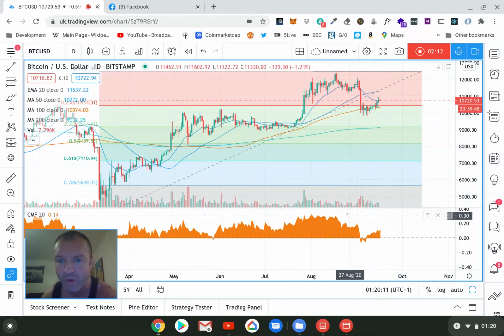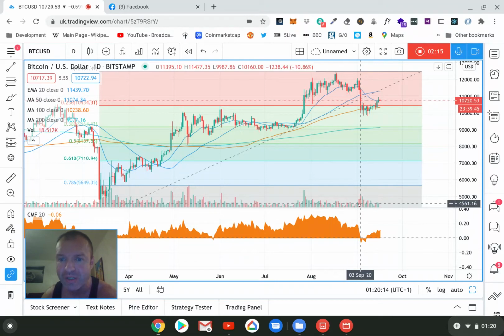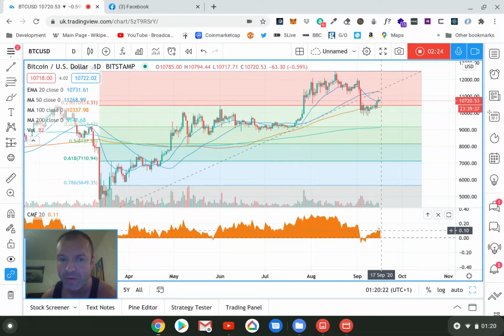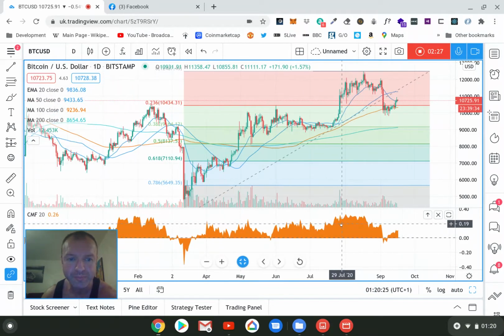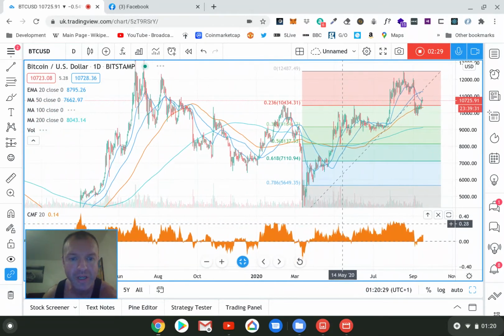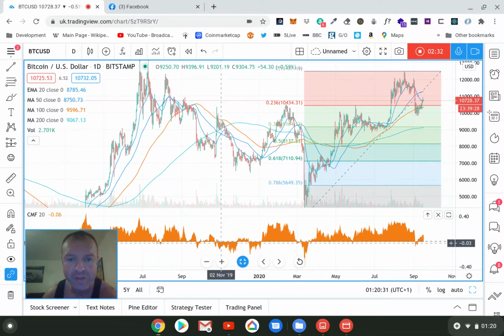The volume has not really told us much, but there's some interesting developments on the volume in the total market caps that I'll show you shortly. Now, when the Chaikin money flow is above zero, it's positive. If you go back to last year, we had a lot of time negative and battling very low positive all the way from October to January. We were low on the Chaikin money flow, which is an indicator of bullish or bearishness. So we were pretty bearish then as we bottomed.